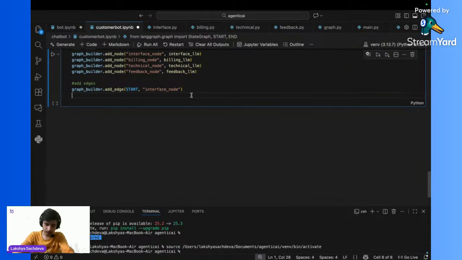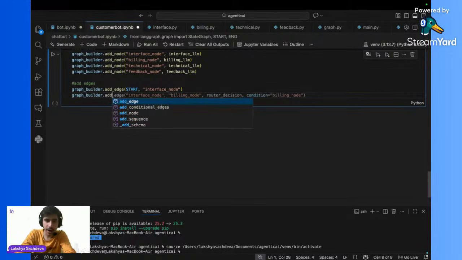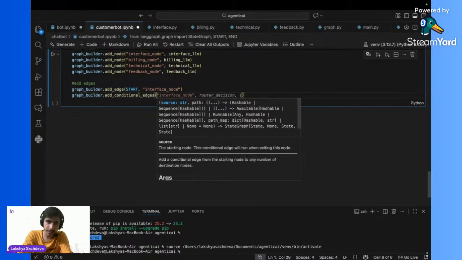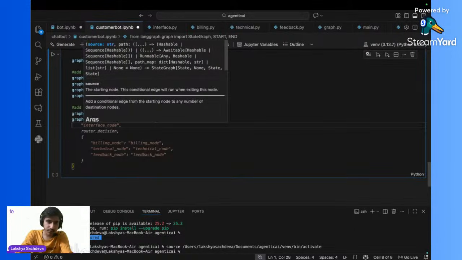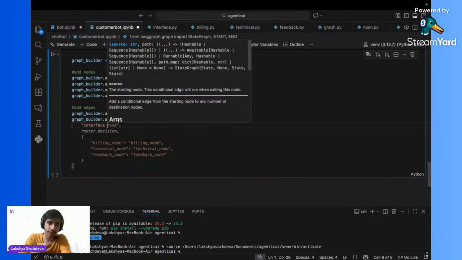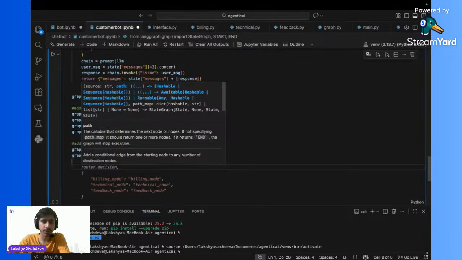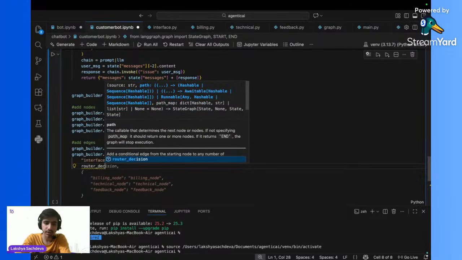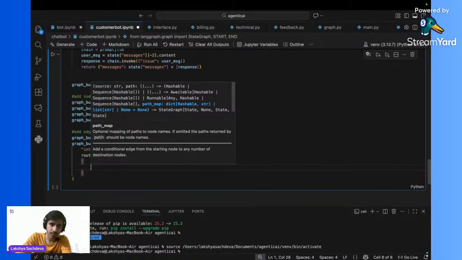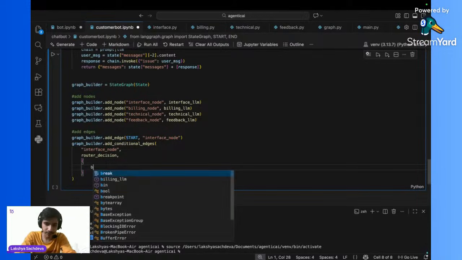For making the edges, I am going to use a function named graph builder dot add conditional edges. Under this, I must first give the interface node, like from where the arrow will start or from where the flow will start. The second one is the function on which the routing is based, that is my router decision. And after that, I must give all the routing decisions. Like if I get billing node,